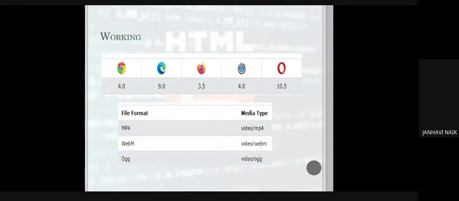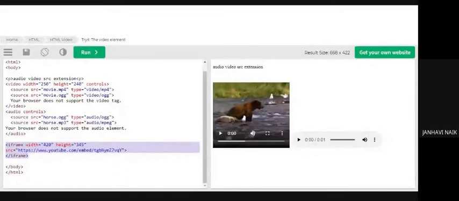So I'll just show you all. See, this was in terms of video, this is in terms of audio, and for YouTube this is the link. This is for your YouTube, so I use something called an iframe. This is an element that you need to specify. You have the opening tag for iframe and the closing tag for iframe. I have mentioned a certain width and a certain height, and in source I have given the link of my YouTube video. That's it. Close the angular bracket and close the iframe.